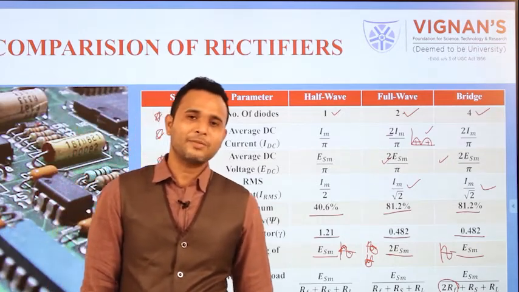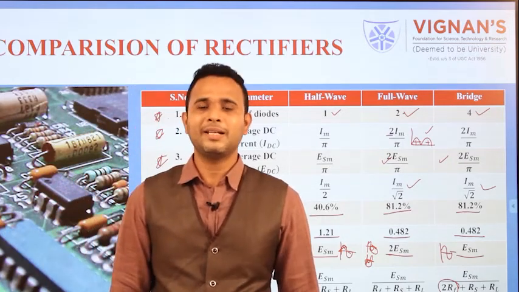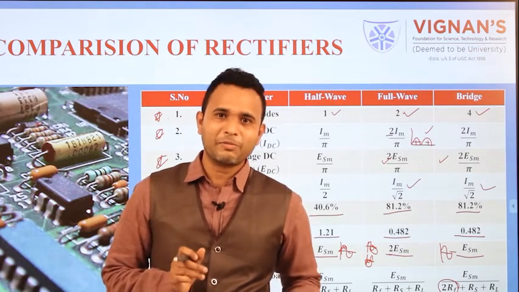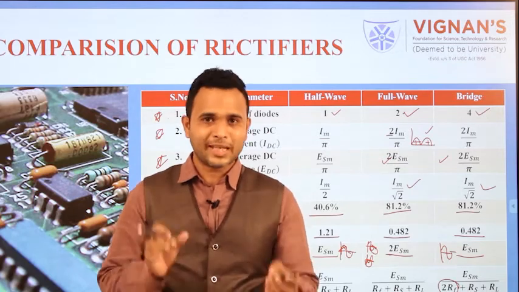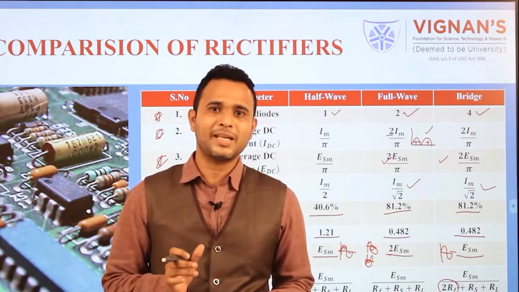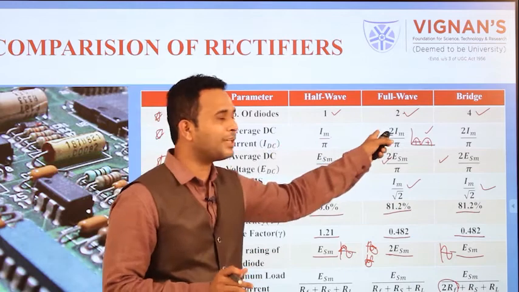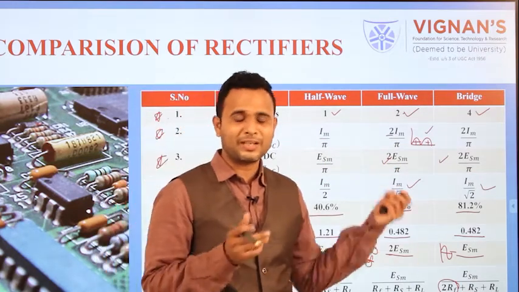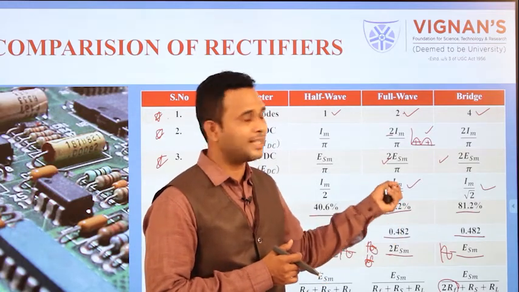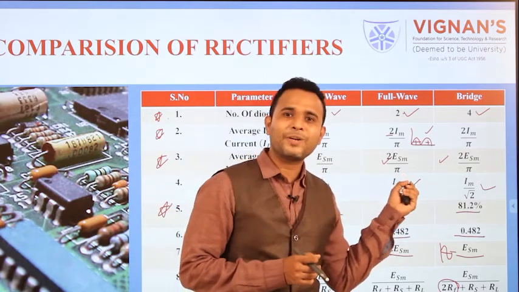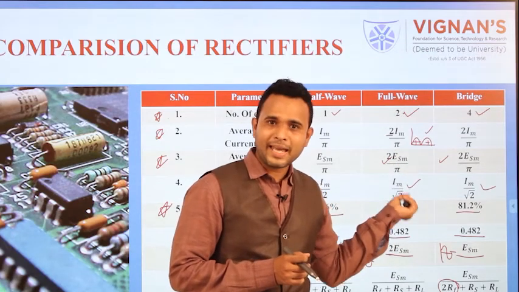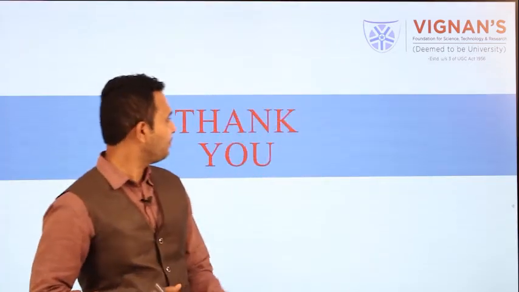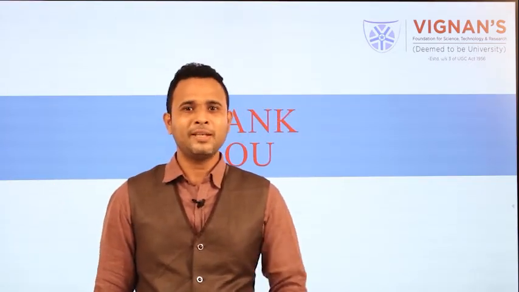With this we have completed the rectifiers. Today in class I analyzed the half wave rectifier. With the same formulations and the same procedure, you can go with the full wave rectifier and bridge rectifier also. For the bridge rectifier it is not necessary, because we get the same thing. At least you can go for the analytical part of the full wave rectifier. This is an assignment for you. Thank you. If you have any doubts, you can message me.